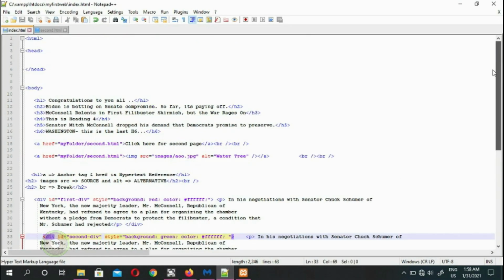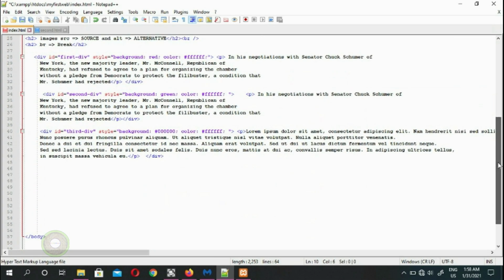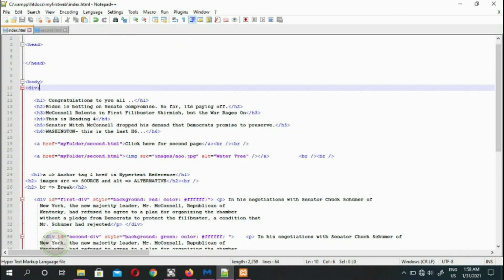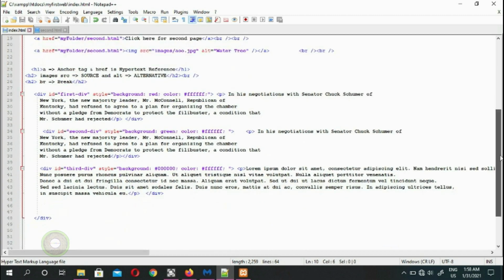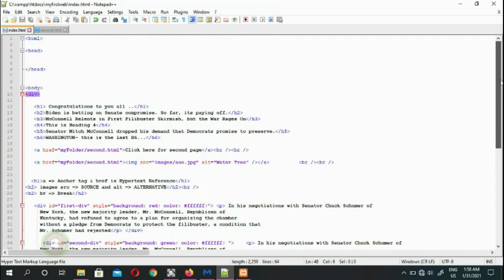Now we go here in the body. You can put one more div. You can change the body color as well, but I'll show you guys how div works. Make sure you put your end div here. Now this div is going to wrap exactly like that. It's very smart. If you put this div, this div is now the same. So when you change the color,